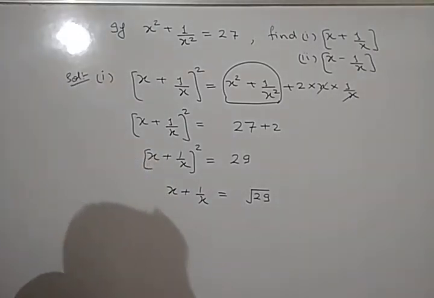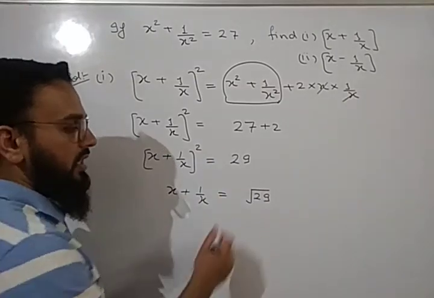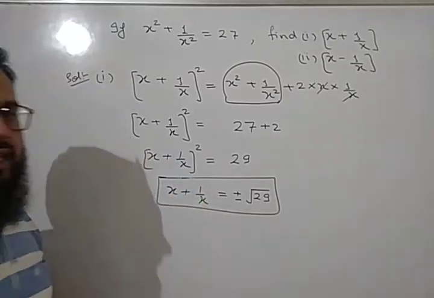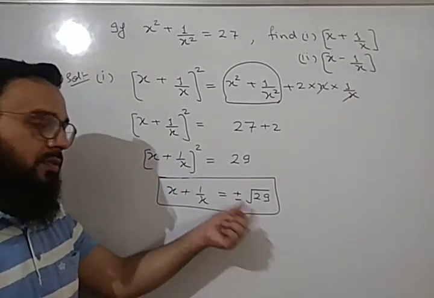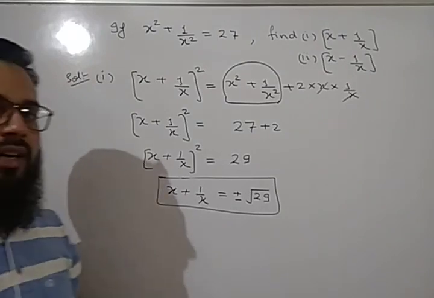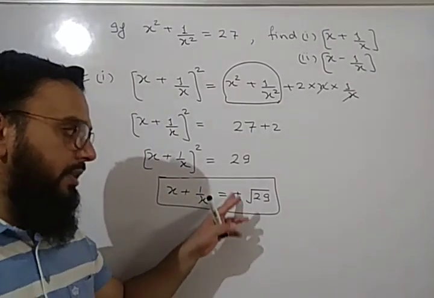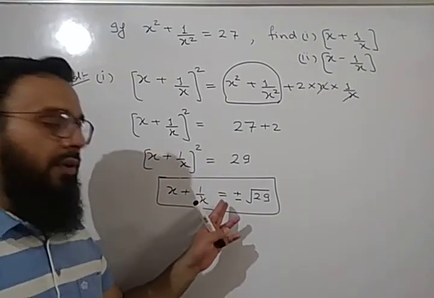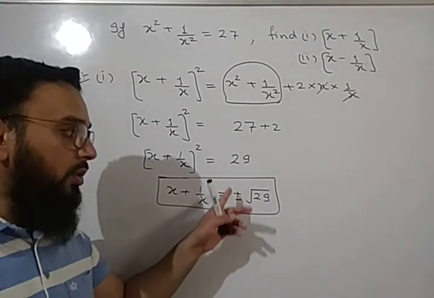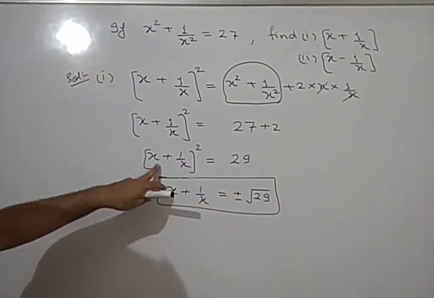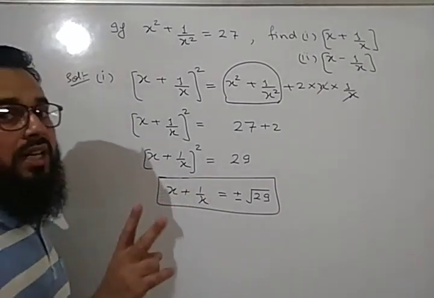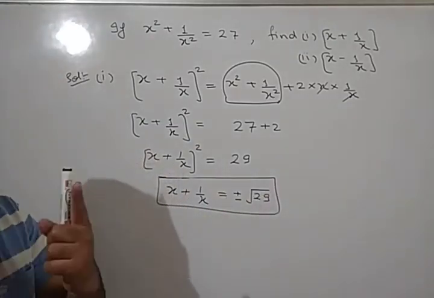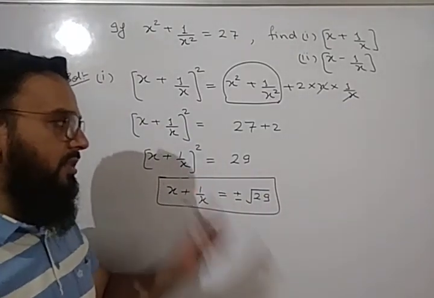Okay. But you should remember one thing also. Whenever you will take the square root, then there will be two signs, plus and minus. Both the signs will be there. Whenever you take the square root of any number, then put plus and minus both the signs there. Otherwise the answer will be wrong. Half of the marks will be deducted. Why am I using both these signs? Because this is a quadratic term. The power is 2. It means there will be two answers. So if we simply write it as under root 29, it will be only one answer. So we will use plus and minus sign both.